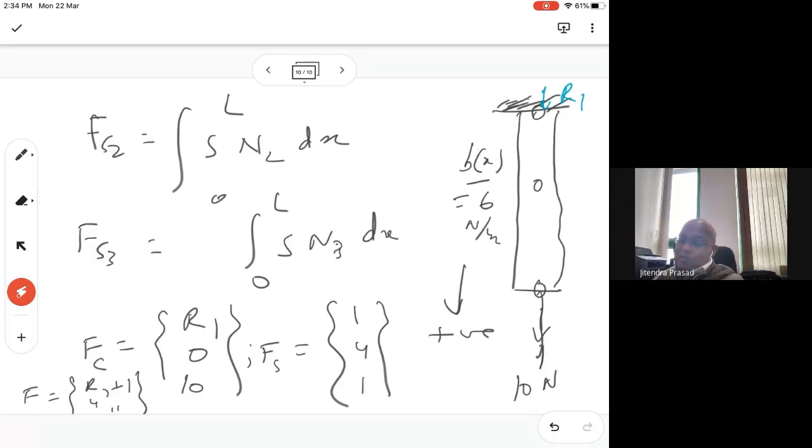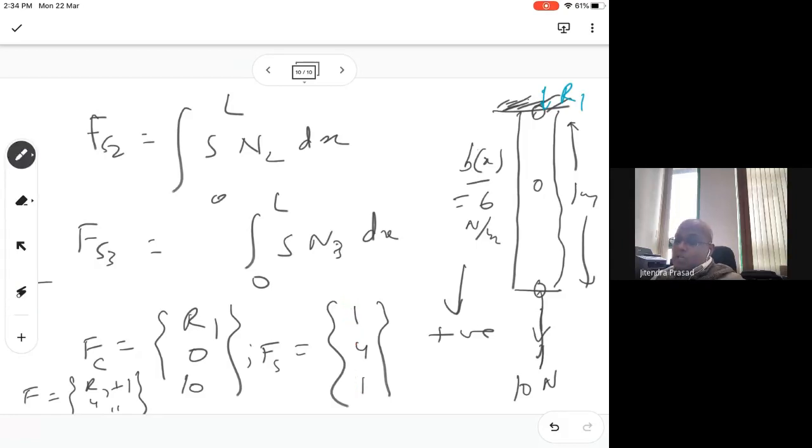If you have 2, then what will it do? It will do from here to here. You know that the half of that. Okay, so we are assuming 1 meter. That's why the total comes to be 6 only. Yeah, so we have assumed 1 meter.